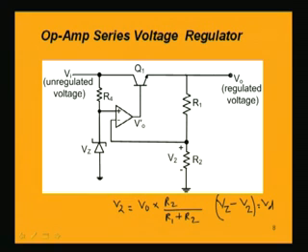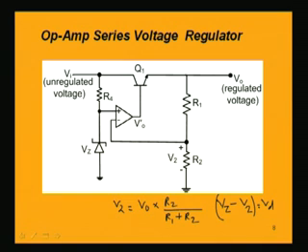Now if this voltage at the output increases, V0 suppose is increasing, what will happen if V0 increases? This voltage V2 also increases, because V2 is nothing but V0 into R2 by R1 plus R2. So if this voltage increases, the differential input, which is the difference between Vz and V2, will be now decreasing,